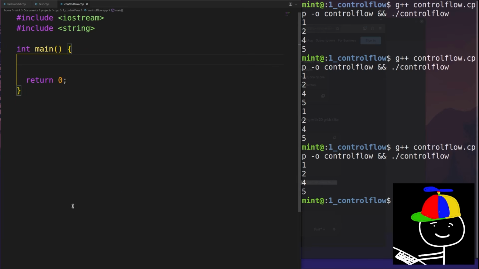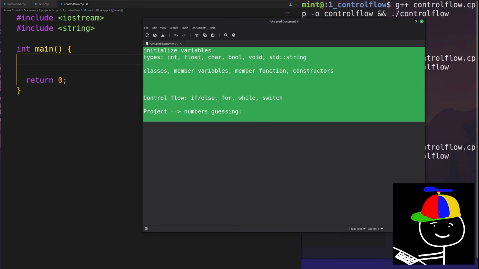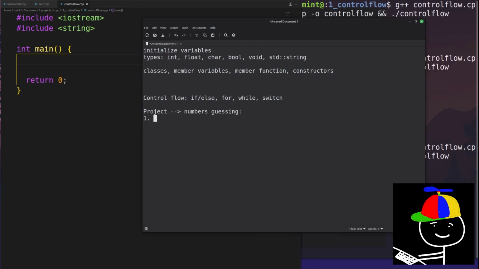Let's see. I think maybe let's just try to make this numbers guessing game. So the idea is, numbers guessing. We want the computer to pick a random number between 1 and 100. Prompt the user to guess a number between 1 and 100. If number equals target,